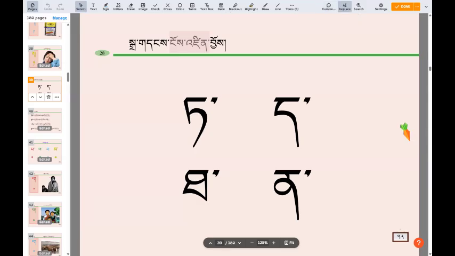Hi and welcome back. So let's see if you can remember the four characters from the third row. So identify the sounds. First this one, then this one, and this one, and this one. And now I'll say them out loud and you can test yourself to see if you remembered them.